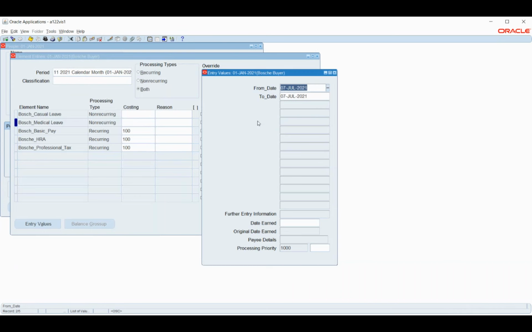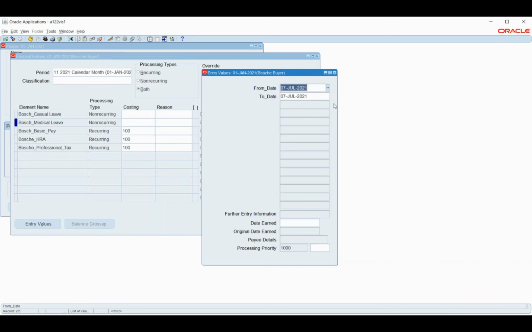Based on these details that I have given, and also the rules that I have defined, the system will check whether this has reached the limit that I have given to this particular employee. If this limit is reached, we will write a fast formula separately, which we will see when we cover absence management. The system is going to check and say that yes, this particular employee's leave has been consumed, and now this should be an LOP, loss of pay.